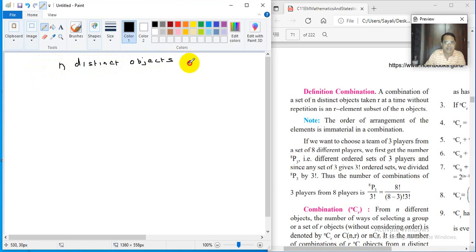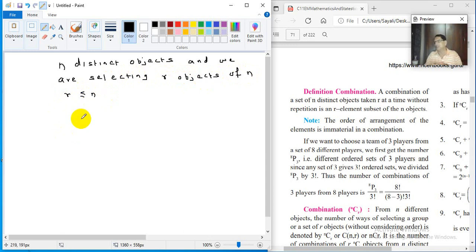and we are selecting r objects out of n, where naturally r is less than or equal to n, right? So we are selecting r objects. In which order we select objects is of no importance, because in set, you know, whenever you have a set,